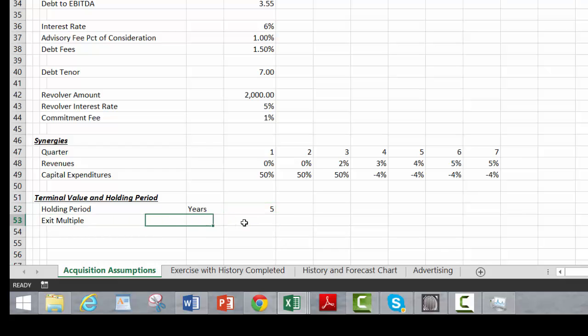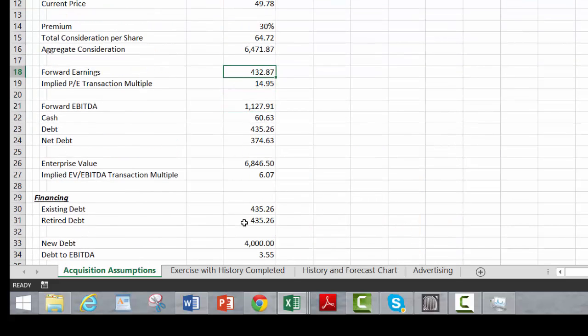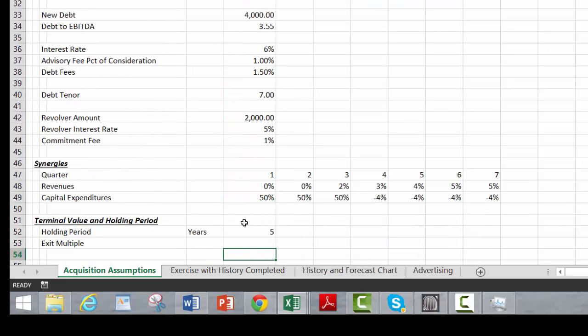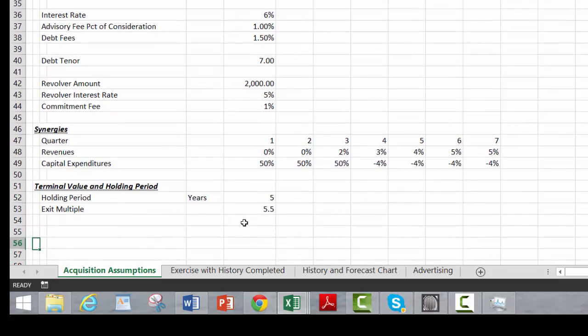Let's say that's 7 years, 5 years. And we want to do a kind of sensitivity on this, and we better be really careful. Our EV to EBITDA ratio, where was our EV to EBITDA ratio? Is 6 times. We start putting a higher ratio there, we're going to get some crazy results. Let's put 5.5. We can do a sensitivity analysis on this, and let's add one more thing, which is the acquirer ACQ